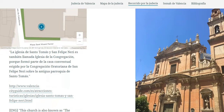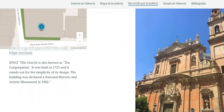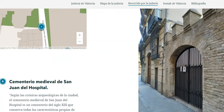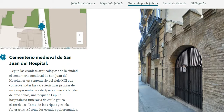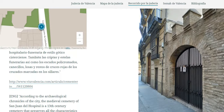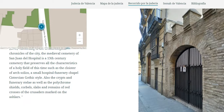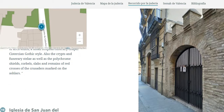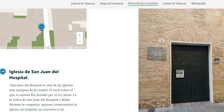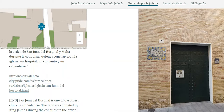When we cross to the corner of Calle Trinquete de Caballeros, we find a medieval cemetery. The cemetery is also open to the public, dates from the 13th century, and is located next to the church of San Juan del Hospital. The church of San Juan del Hospital marks the northeast corner of the Valencia Jewish Quarter. Back to the church,